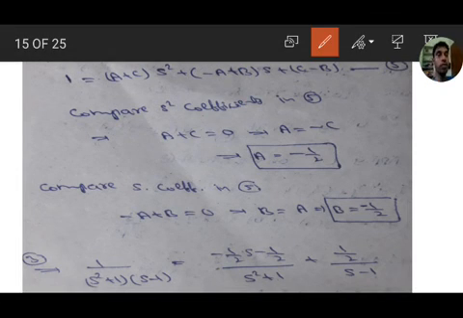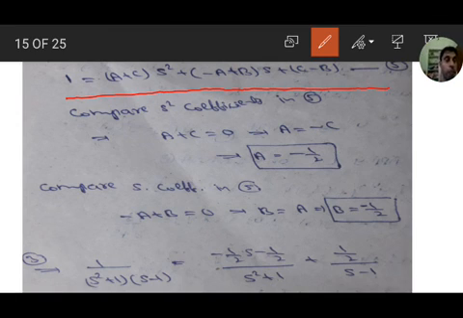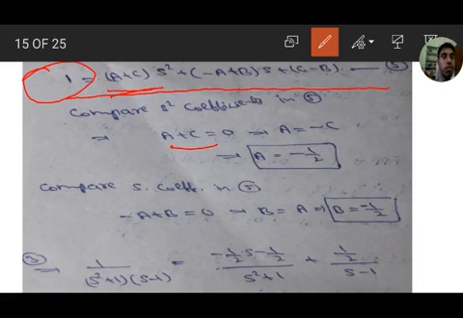So it is the equation we got: (A plus C) into s square minus (A plus B) into s plus C minus B. So compare s square coefficients in the above equation. The s square coefficient in the RHS is A plus C, and in the LHS we have no s square terms, therefore it is 0. Therefore A equal to minus C. C value is 1 by 2, already we got it, therefore A equal to minus 1 by 2.